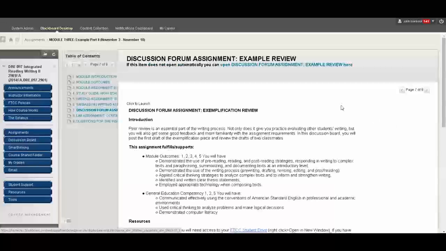Now at this part in the presentation, I say we'll come right back to this, but this is what we'll focus on the most in just a minute. We have the discussion forum assignment for the example review, because this is going to take, just like everything else in the course, it's easy once you've done it, but maybe not so easy if you've never done it. So we'll come right back to that, but this is the discussion board for the week.